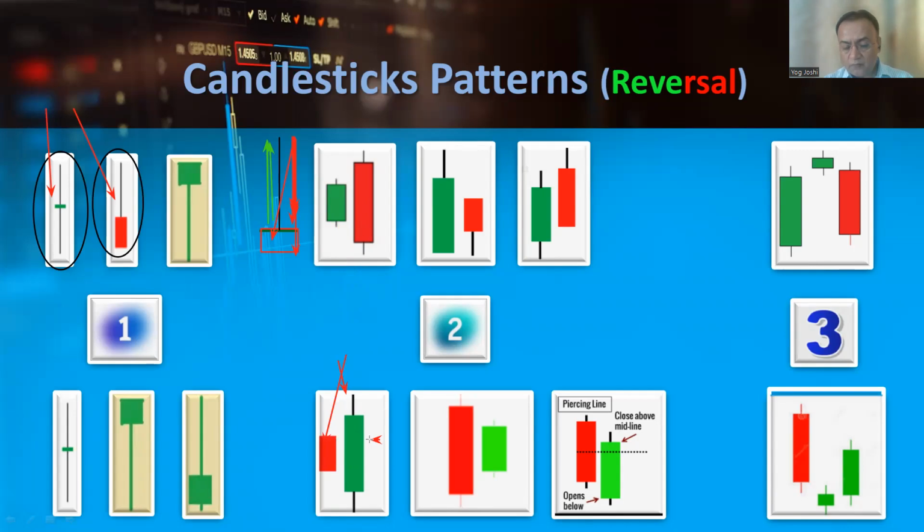positive. So if we receive this type of candle at the top of the chart or the bottom of the chart or the middle of the chart, any area of the chart, it is known as a bullish engulfing candle. But whenever we receive this candle at the bottom of the chart, it will be a clear cut sign of reversal.